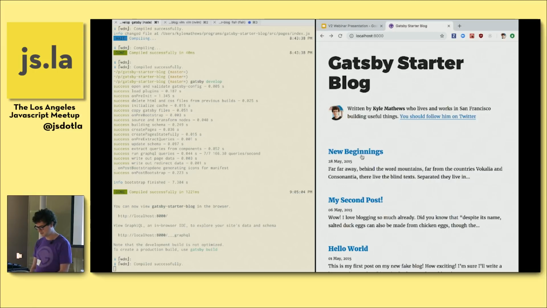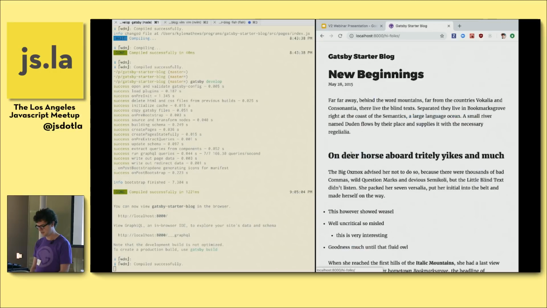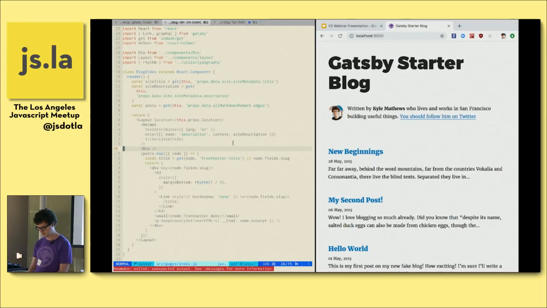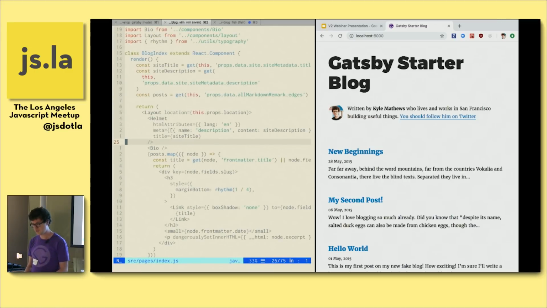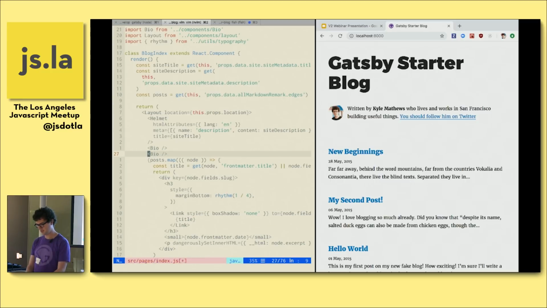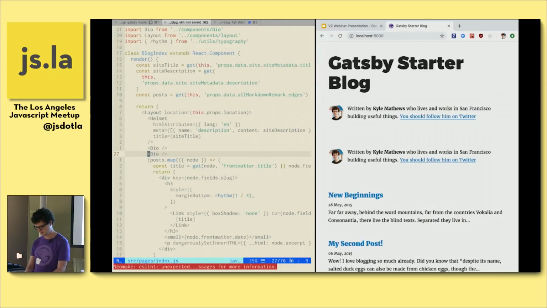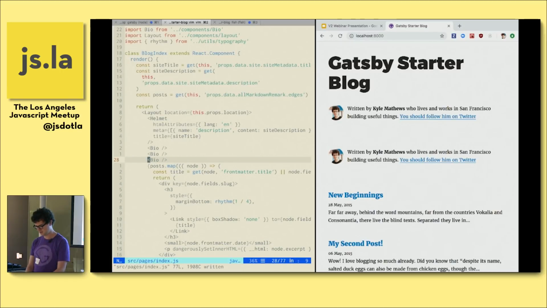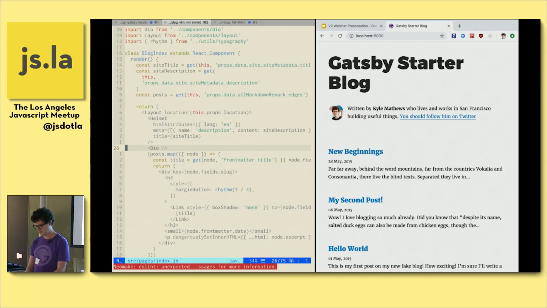And then it's a fully functional version of your site, except it also has hot reloading. So here we're on the component for this page. This is source pages index.js. Any component in the pages directory gets automatically turned into a page on your site. So this bio component, if we copy that and save it, then we have now two of them. Save again, we have three of them. And then, yeah, stuff like that.